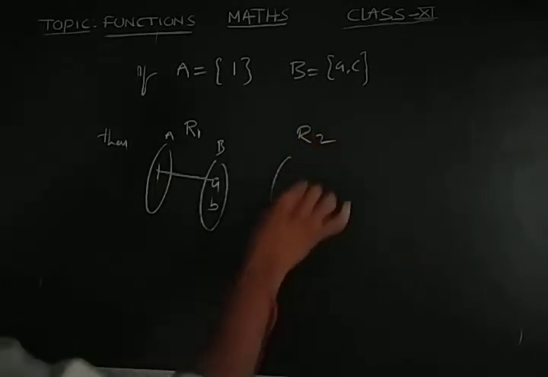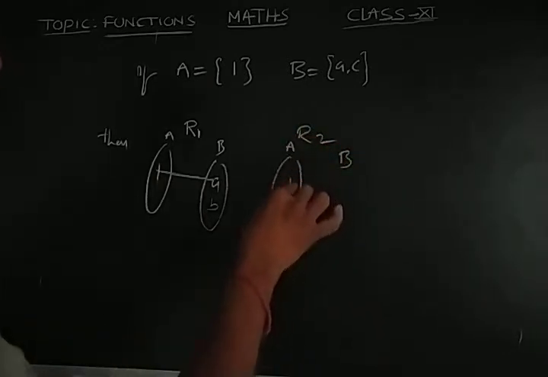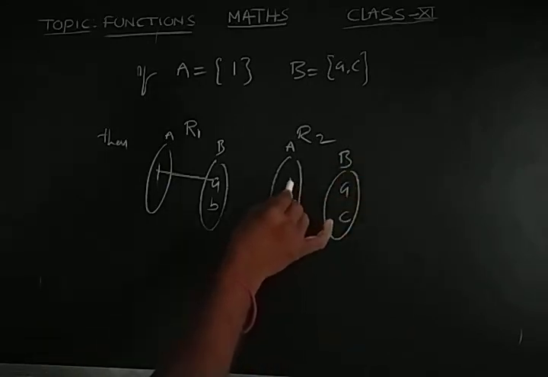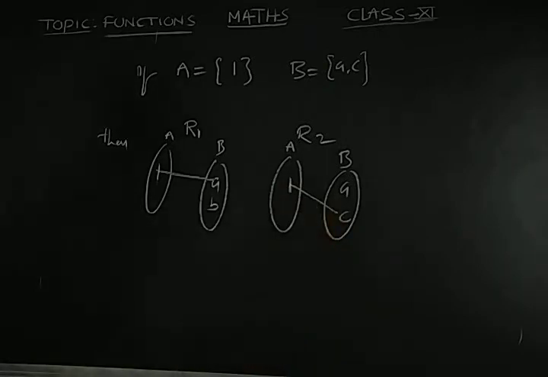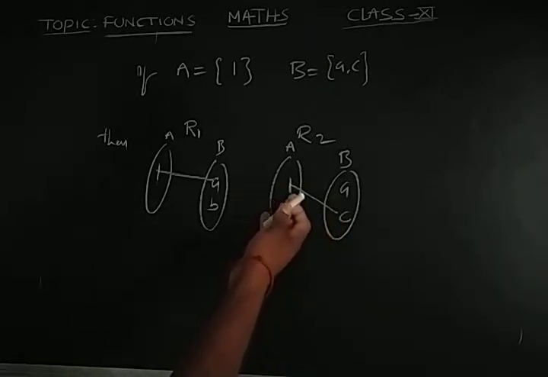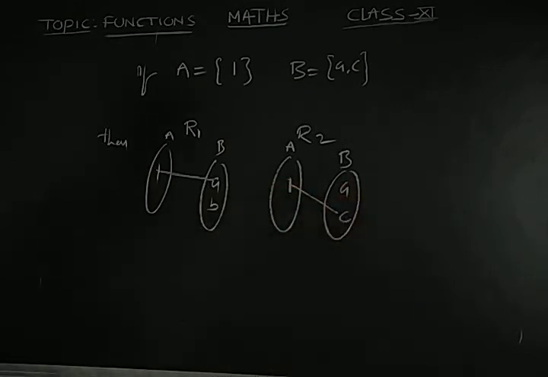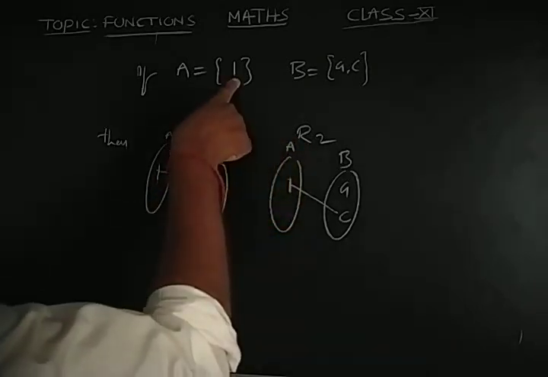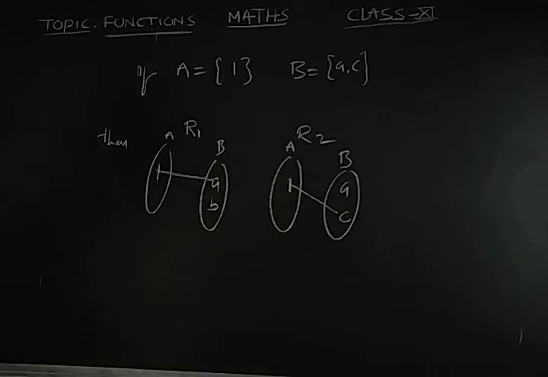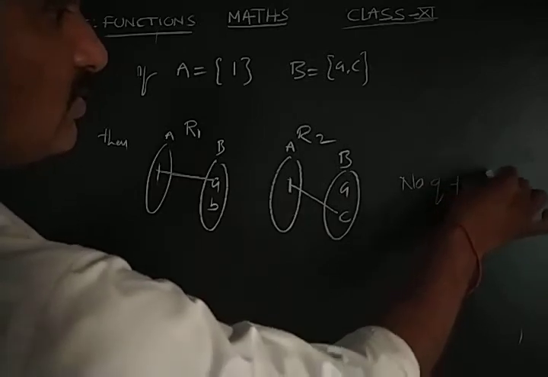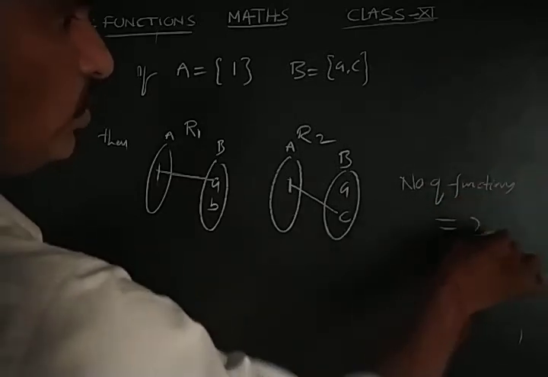Another relation I am constructing here. Capital A, capital B. Capital A has one element, capital B has two elements. Right? Now I am relating A1 with C. This is also one relation. Okay. So is it a function? Yes. Every element of the domain has a unique image. What I said, in the codomain we can leave elements, no problem. But in the domain you should not leave any. So how many functions did we get? 1, 2. If A has one element and B has two elements, the number of functions is 2 here.